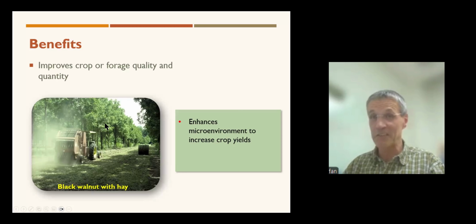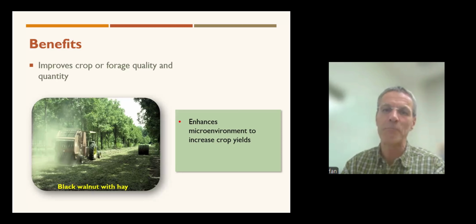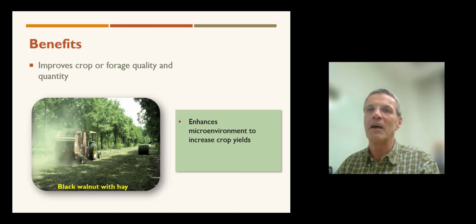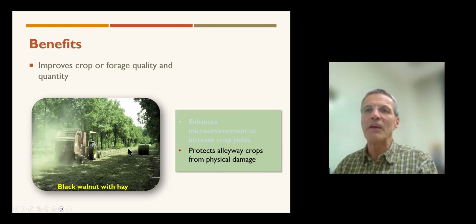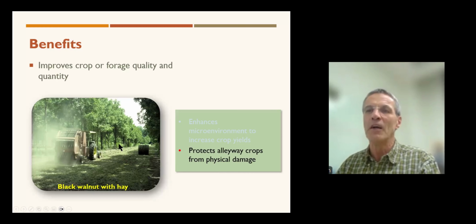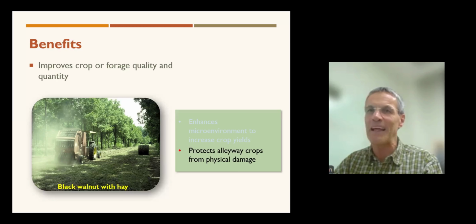So actually, the trees in this case provide some protection from that heat stress and reduce evapotranspiration by up to 30%. In the end, this saves water and also produces a better hay. And then you can think of vegetables or other crops that might suffer from wind or from sand particles blowing into the crops. The shrub line here could protect those plants from reduced quality.